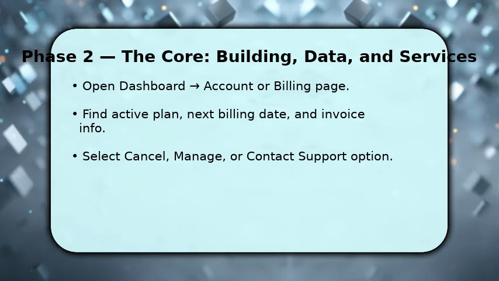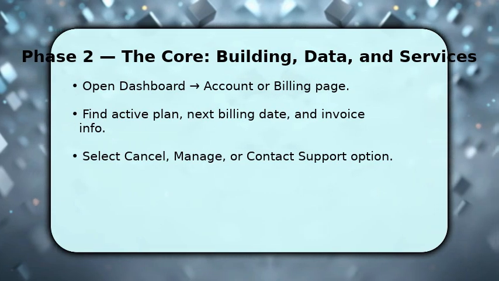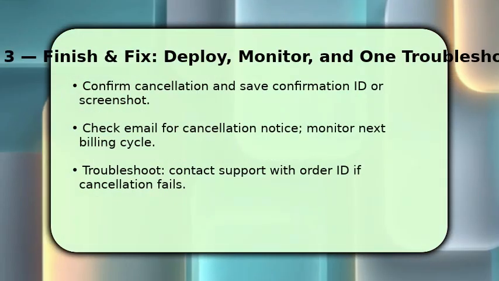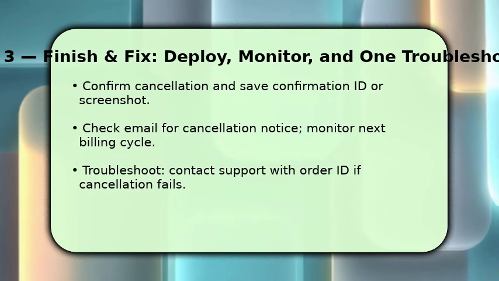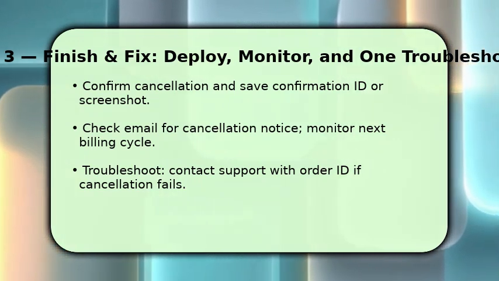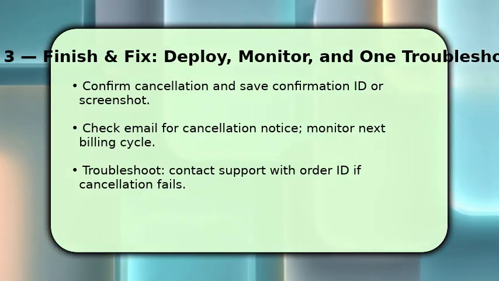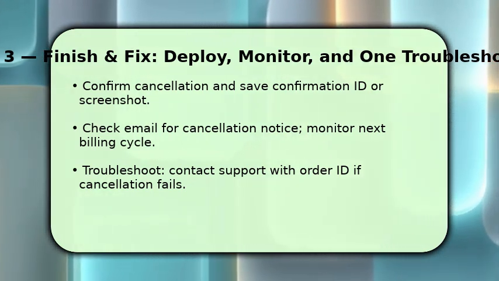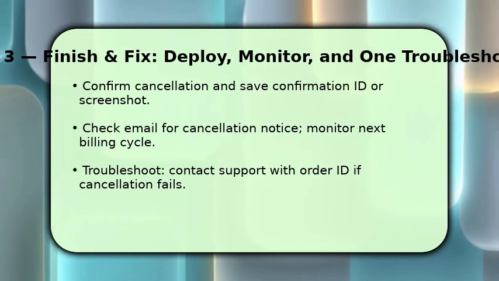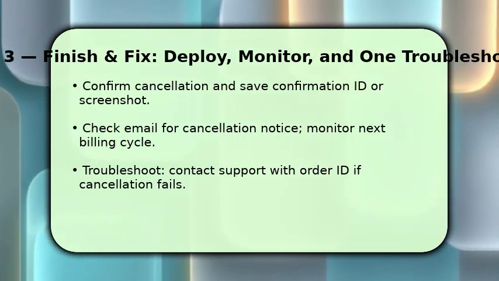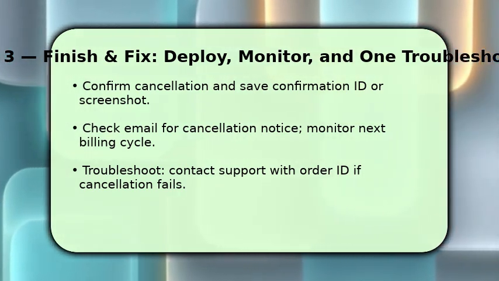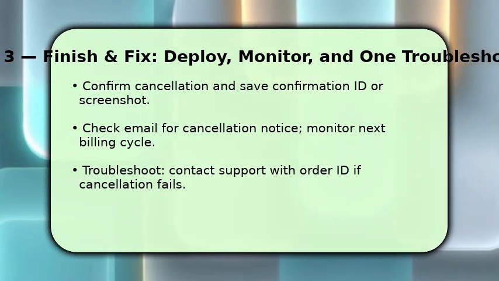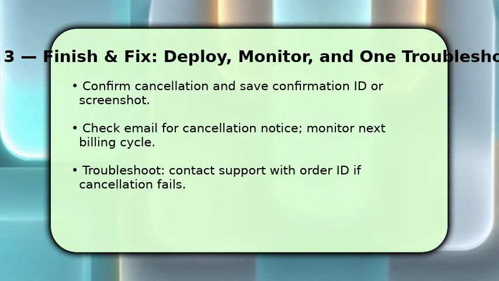Complete the cancellation by following the final confirmation prompt. You should receive an on-screen confirmation and an email. You're done once you have that confirmation ID. Save it and check your payment method over the next billing cycle to ensure no charge reappears. If you subscribed via Apple or Google, verify cancellation in their subscription settings. If something goes wrong, contact Mspy support with your account and order ID, and request a refund if